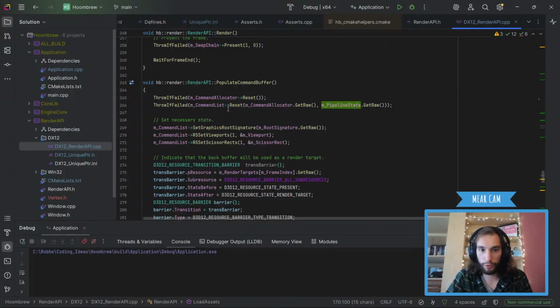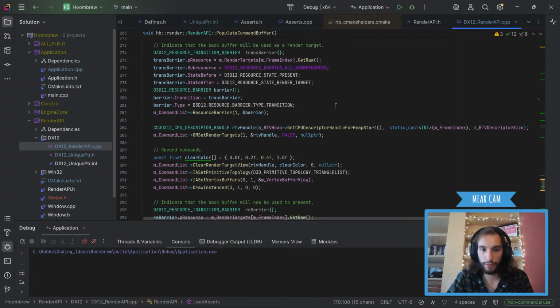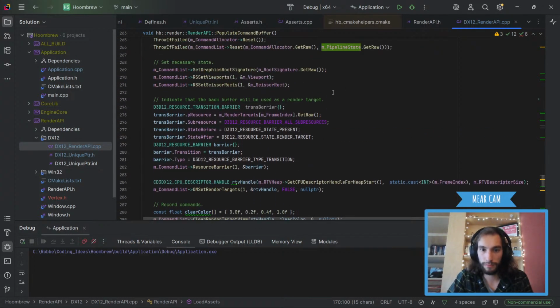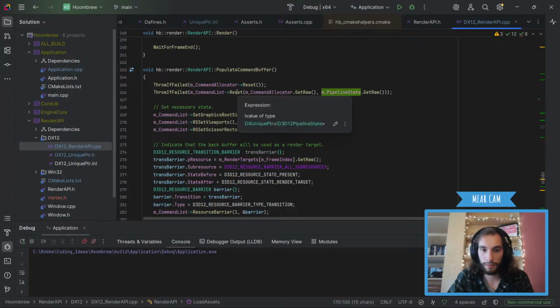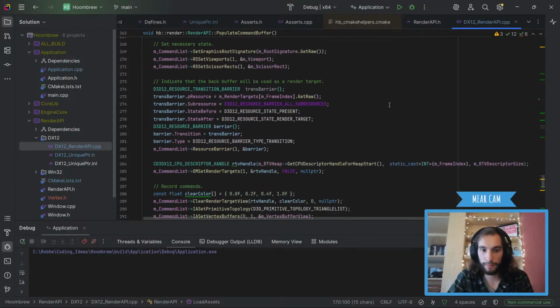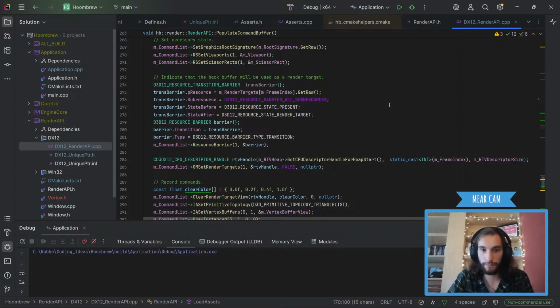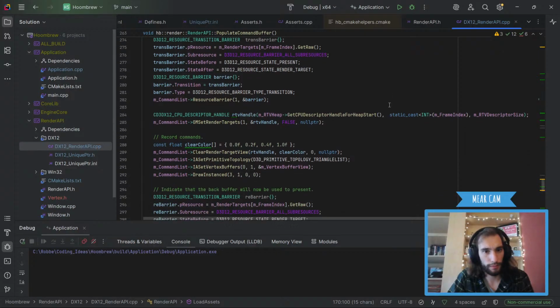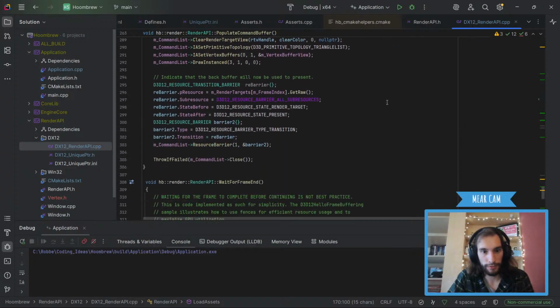The only thing we do here is reset it. Do we do anything else with the PSO? No. So we just set up the pipeline and that's it? Interesting. Very interesting. Either way, that's how it's going to work, apparently.